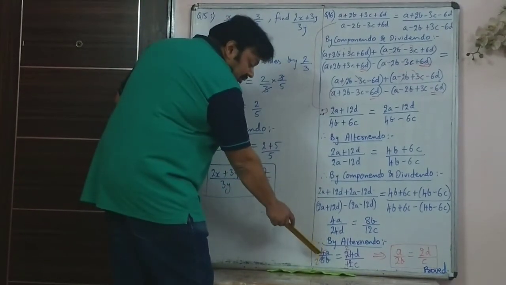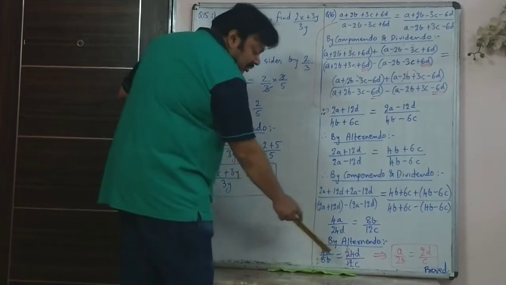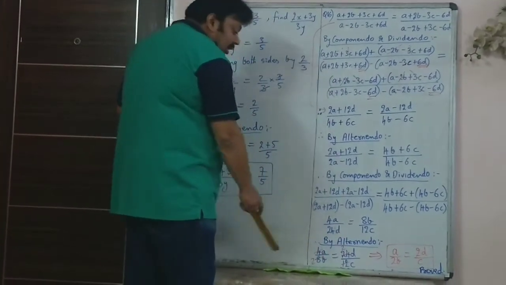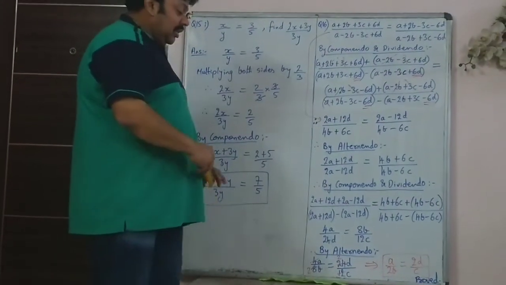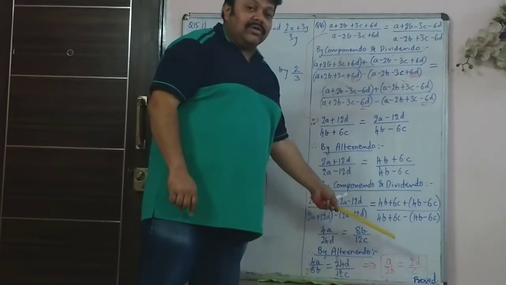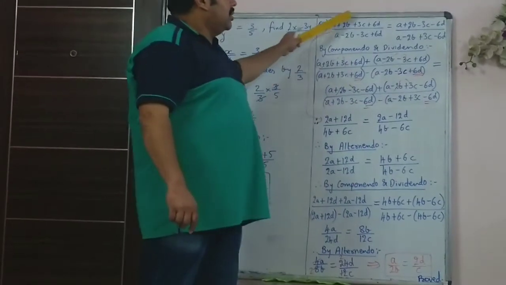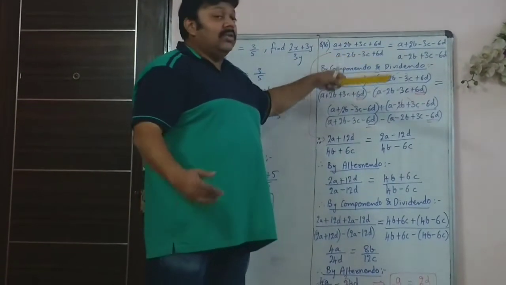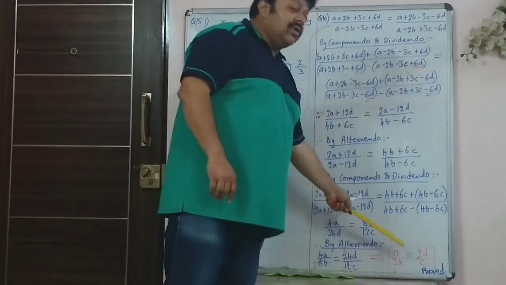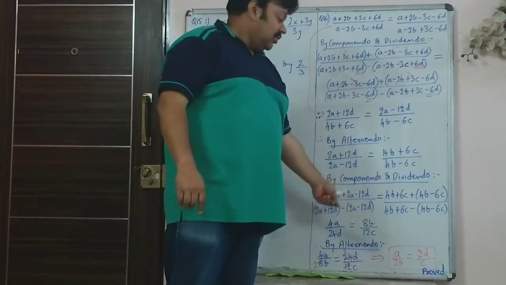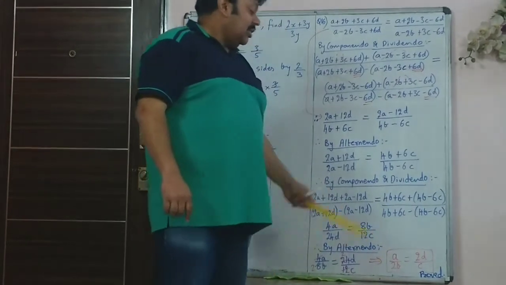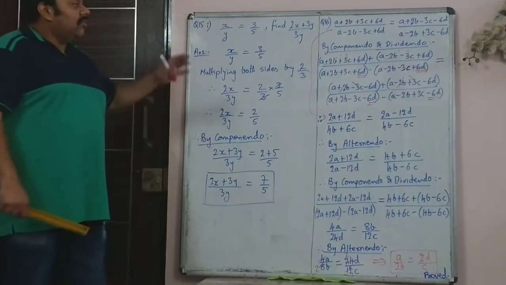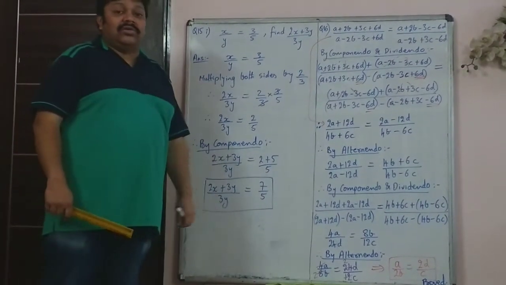So that when you simplify, 4 and 8 goes 2 times, 12 2s are 24. So you will get a upon 2b is 2d upon c. This is what had to be proved. So such a big sum in which there were 4 terms on numerator and denominator has been made into a very small basic ratio, that is a upon 2b is equal to 2d upon c. So this is how basic componendo dividendo sums are solved.